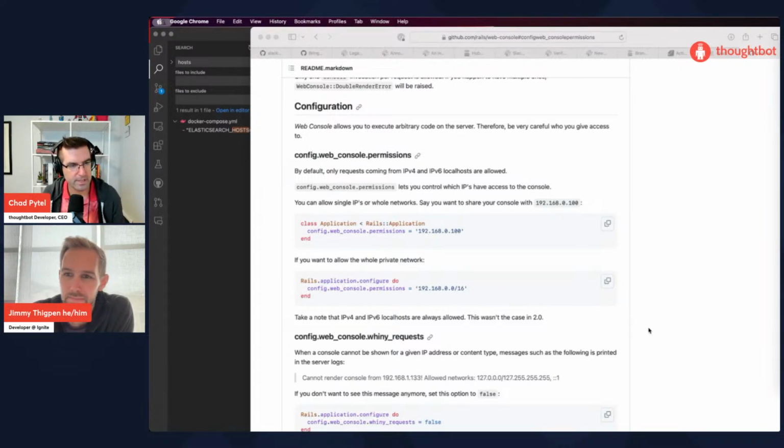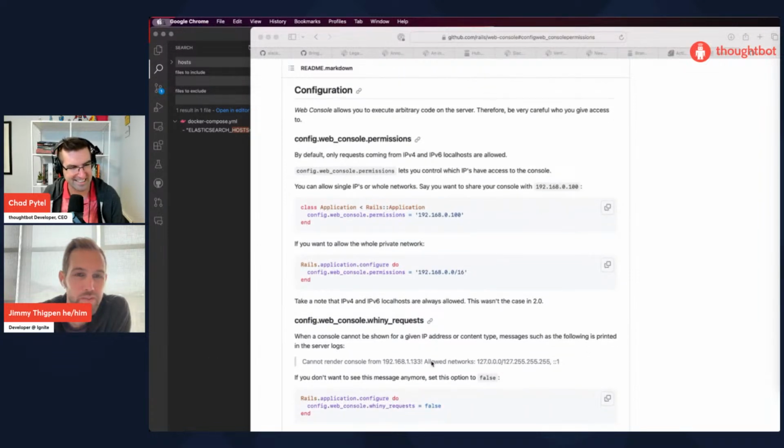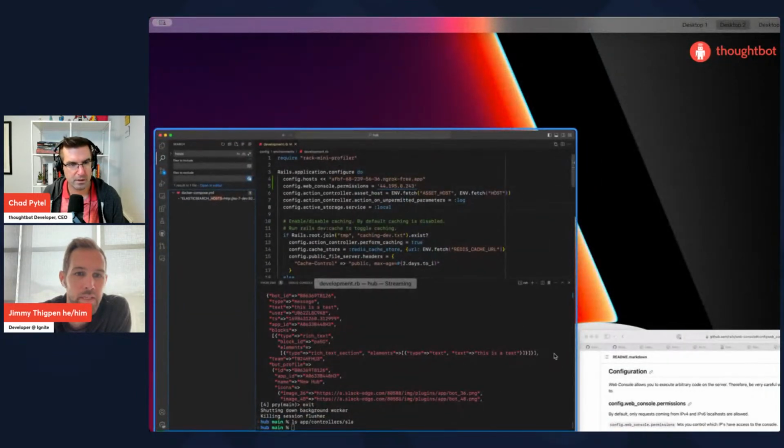If anyone knows how to enable the permissions for the console logging from any IP address, we'd love to hear it. Would this be an issue, Chad, if we made that new controller? Yeah, to just receive the request? Because we'll have to make that anyways, right?